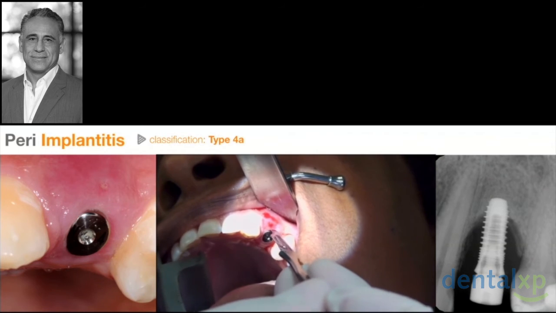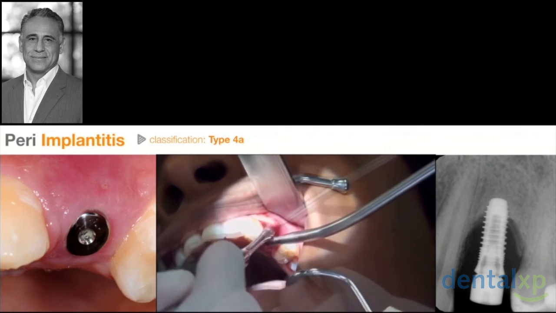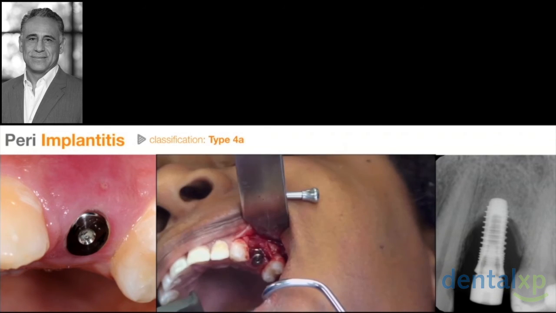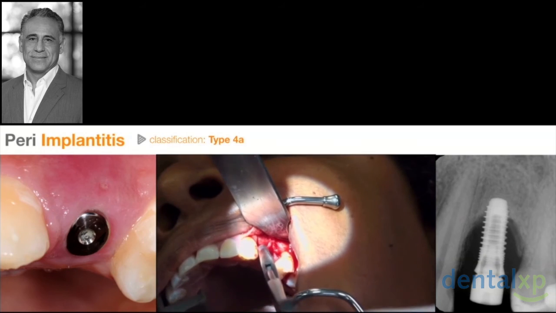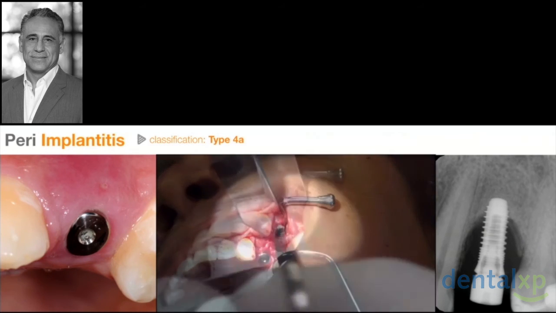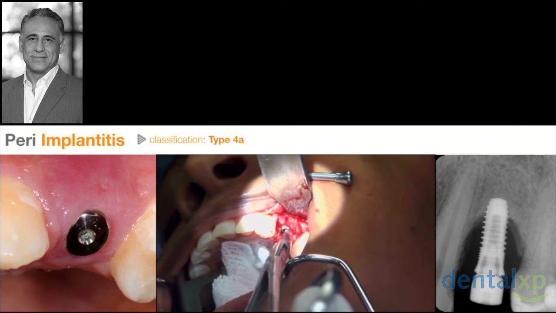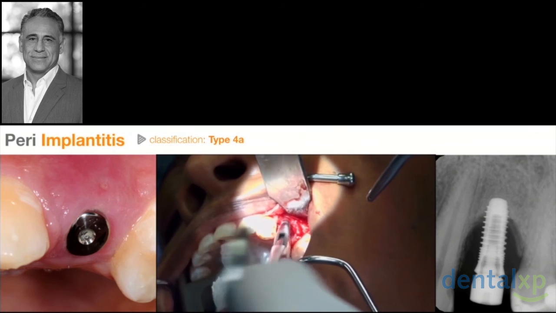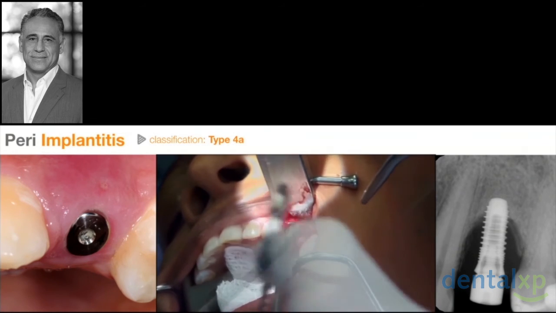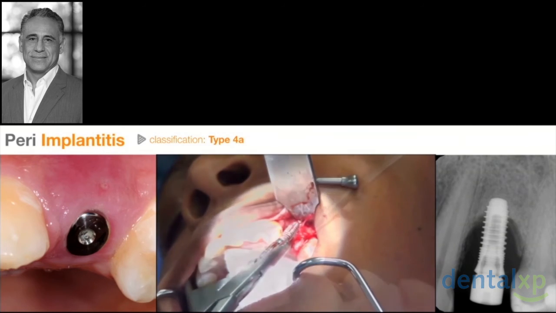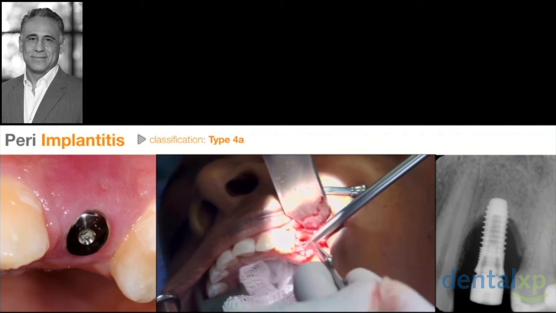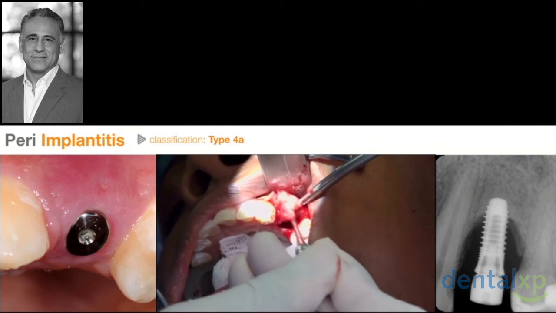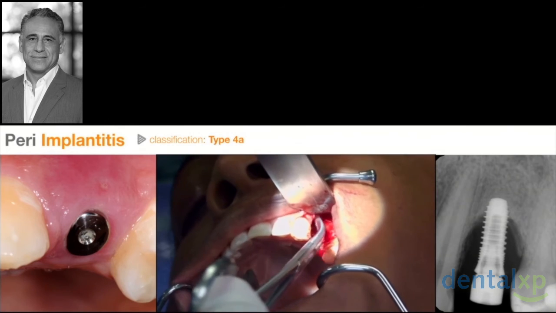Going back to our patient that we initially talked about at the beginning, which really fits a type 4A, this is significant loss of bone and peri-implantitis, but with normal level of gingival tissue. The only treatment option is to remove the implant. In this case, the implant was slightly mobile and it was simply removed, not requiring a reverse torque technique. The site is completely cleaned out. All the granulation tissue is removed,